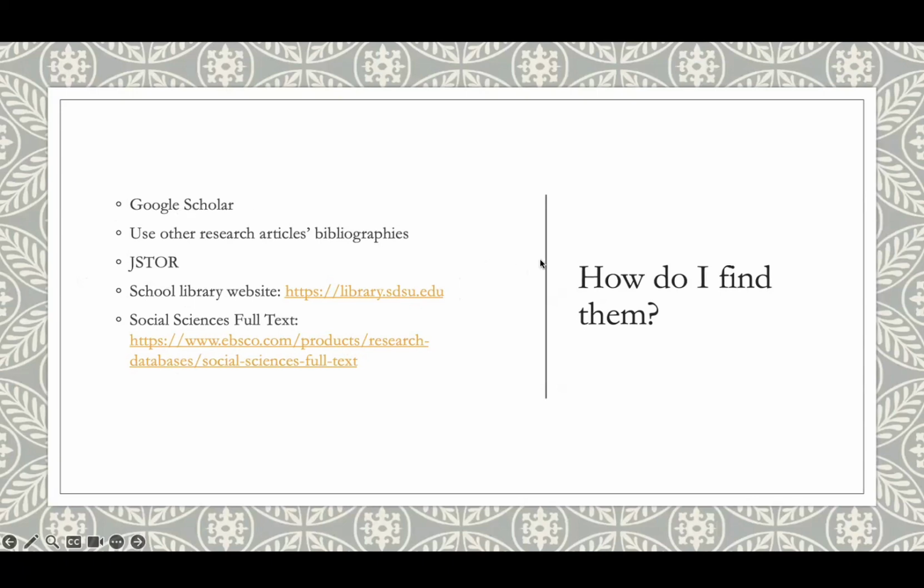Another thing that you can do though is if you're looking at a piece of literature, like an academic peer-reviewed article, you can also look at the bibliographies or the works cited and see what other research they used. That's a really good skill to develop because it can help point you in the right direction to find additional literature. You will be needing to find literature for the research projects that you'll be doing, and so thinking about some of the research that we have and how that might guide your search for academic articles is an important thing to remember.